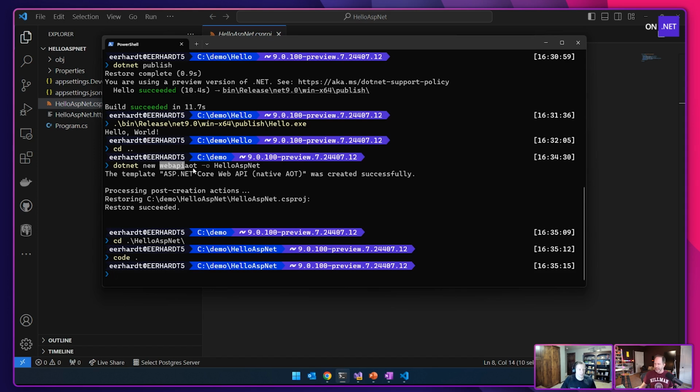There were limitations on the existing web API template and what we could and couldn't do inside of the templates. And so we made a brand new template called webapiaot in order to have more control.